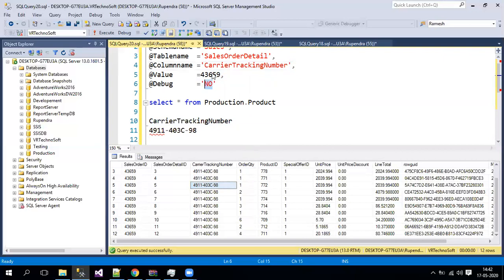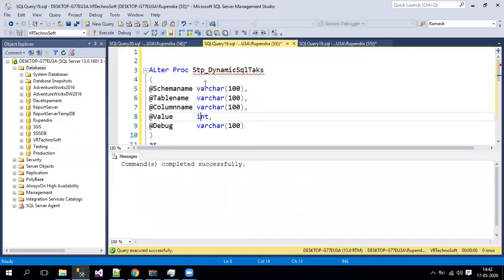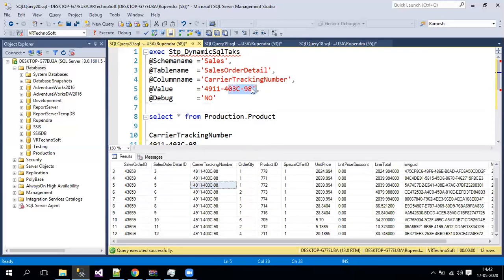In place of the value, I'm passing a single quote, because it's a character. There is a hyphen there, and a letter there too, right? It's a character. Now my procedure is expecting an integer, but I am passing this value as a character. We'll see what will happen.